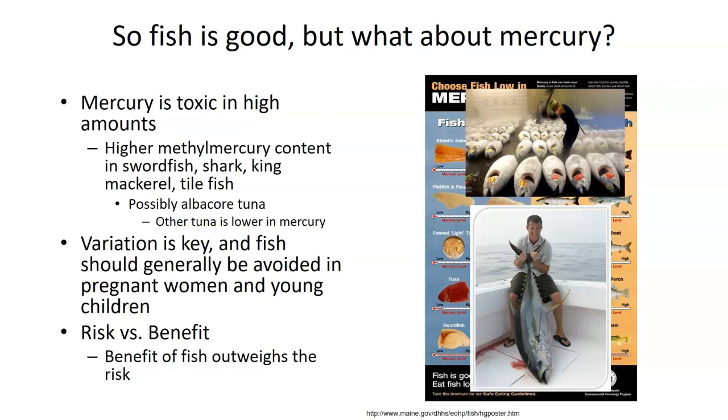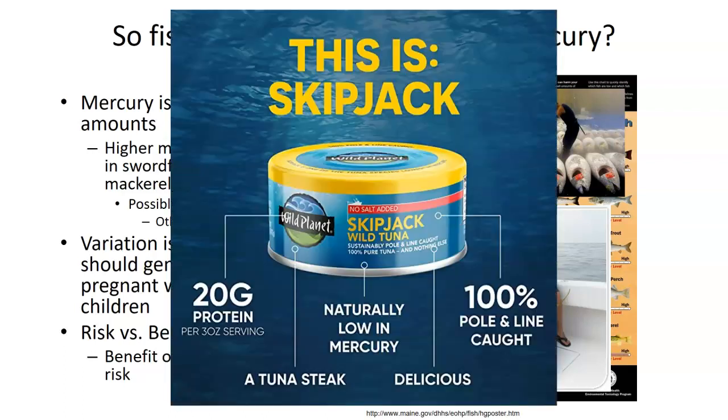If you like tuna, which we all do, we all like tuna fish sandwiches, if you consume fish, here's a good option for you instead of doing that. Skipjack wild tuna. Wild caught is important. Pole caught is important also when it comes to mercury content. And skipjack is the type of tuna.